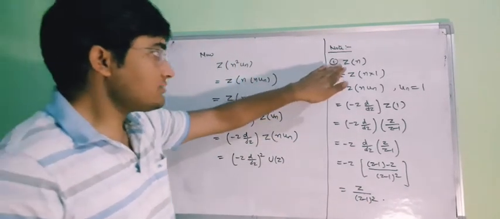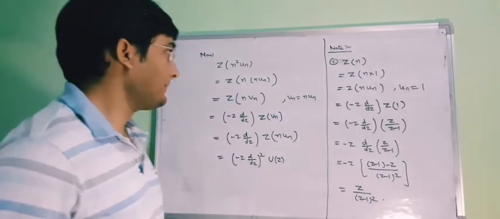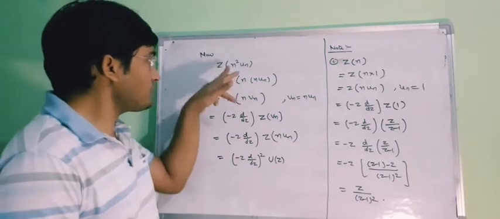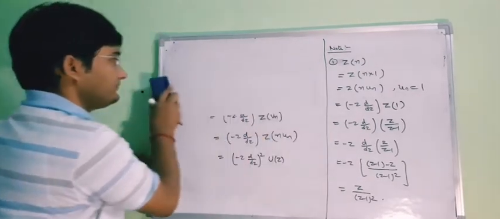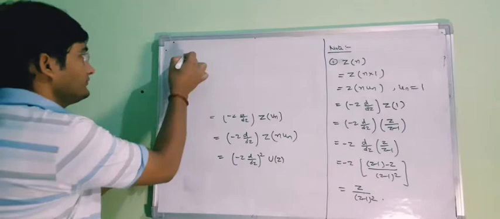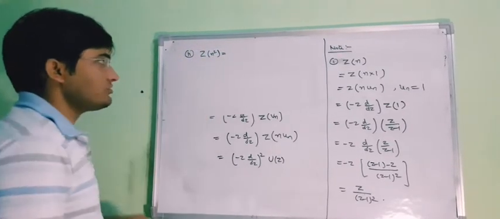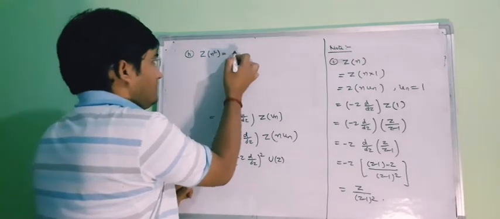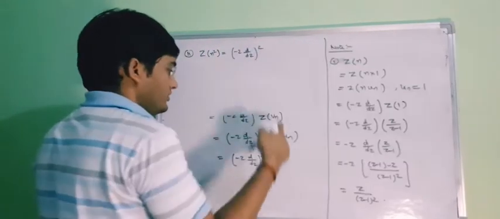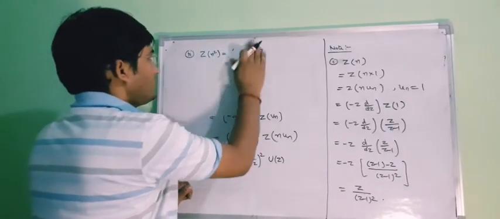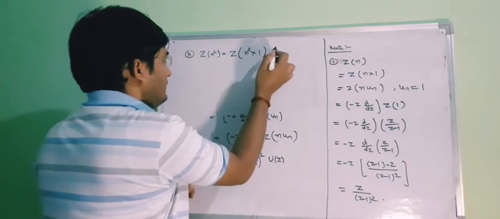So the Z transformation of n is equal to z upon (z minus 1) whole square. Now let us compute the Z transformation of n square. The Z transformation of n square will be minus z d by dz into U(z). U(z) means we can also write it as Z transformation of n square into 1, and if you assume this